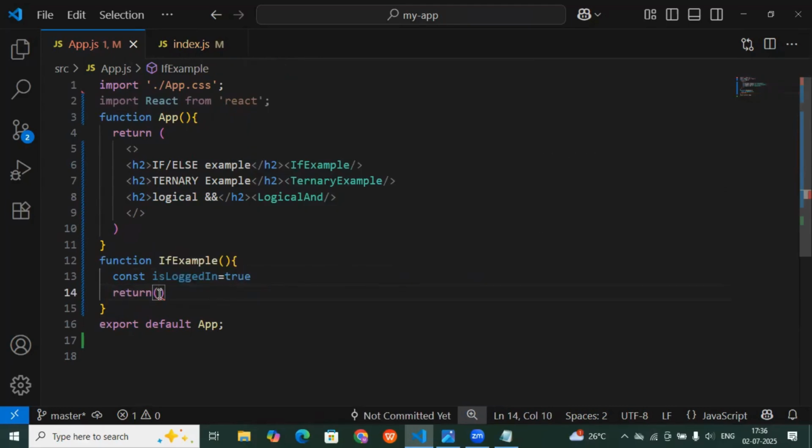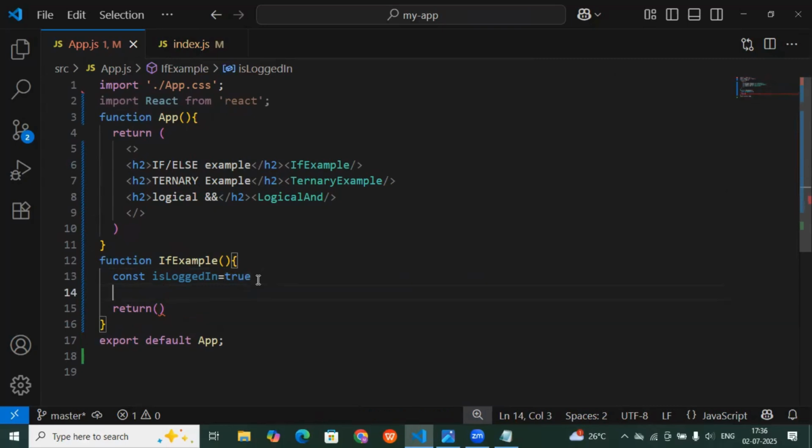Okay, within the return, you return whatever content you want to display. But we already discussed that for the case of if else statement, you cannot use it within the JSX, so that